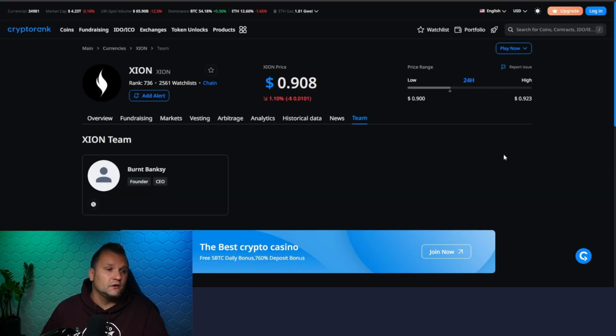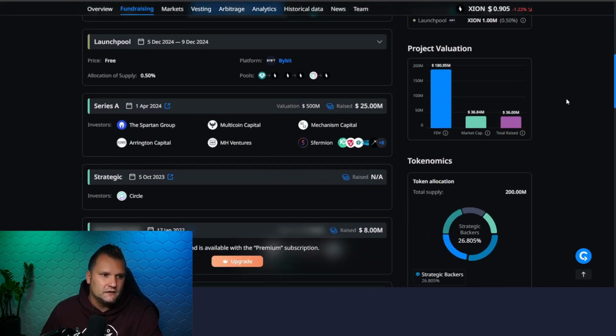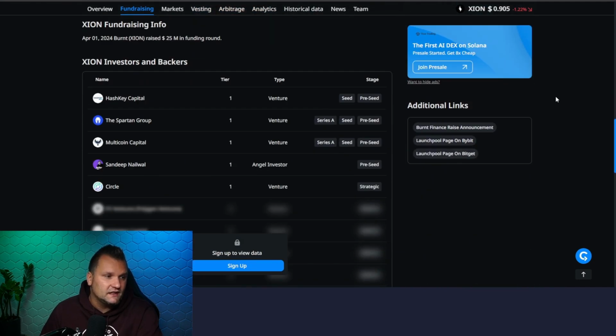And of course, a vision and a team also need investors. And the investors were very interesting. Namely, the list is this one here. These are the ones who invested. And here we see Circle, which I think is the most interesting of all. Circle as the issuer of USDC and various others.